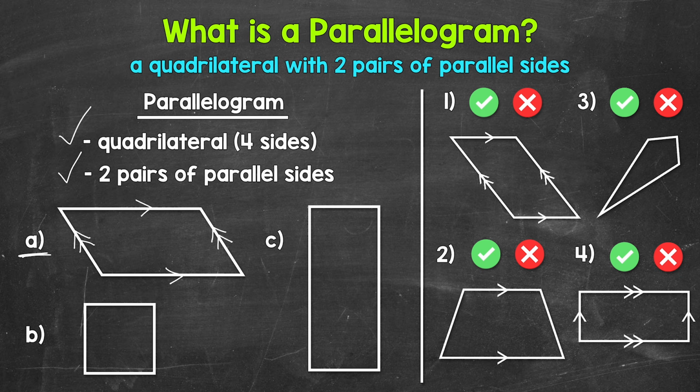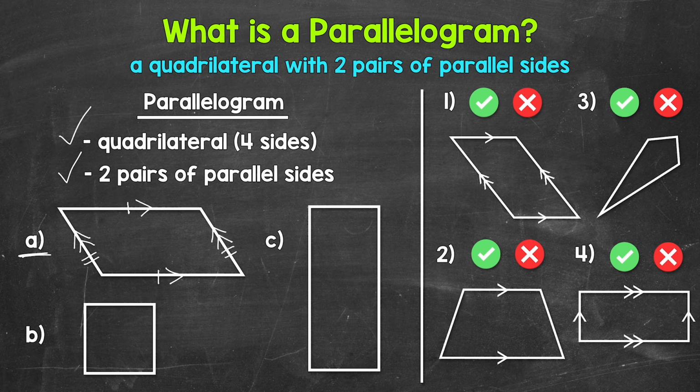Now again, opposite sides are also equal in length, and we can show that using tick marks. So one tick mark on this side and one tick mark on this side show that those sides are equal in length. And then on the other sides, let's use two tick marks to show that those sides are equal in length. And then one more thing I want to mention when it comes to parallelograms, opposite angles are equal